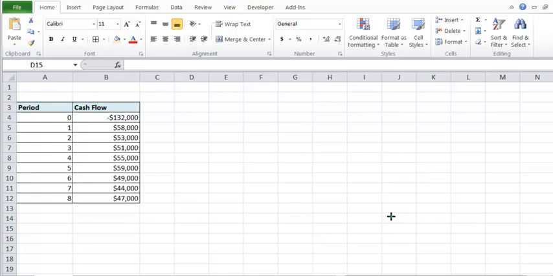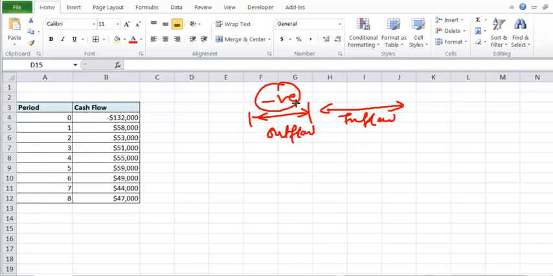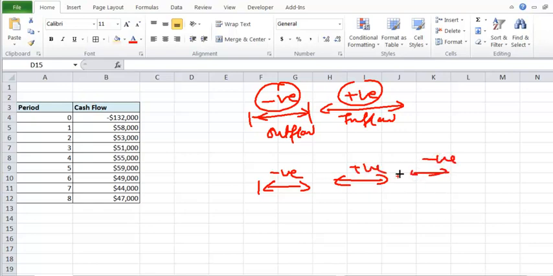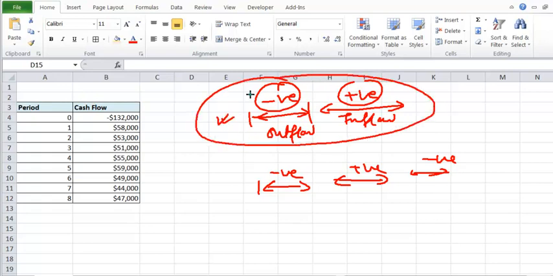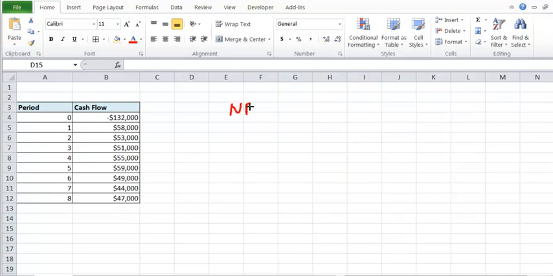So we'll see traditional projects wherein in the starting period there will be cash outflow and then later on there will be cash inflow. Initially there are negative cash flows and then later positive cash flows. Note that if you have a project wherein you have negative cash flow, then positive cash flow, and then negative, these are non-traditional cash flows, and there Excel might create a problem unless you pitch in and provide some hint to Excel. So in this video our scope is only the traditional projects, negative cash flow in the starting and positive cash flows later, right? So let's see what is NPV of a project.